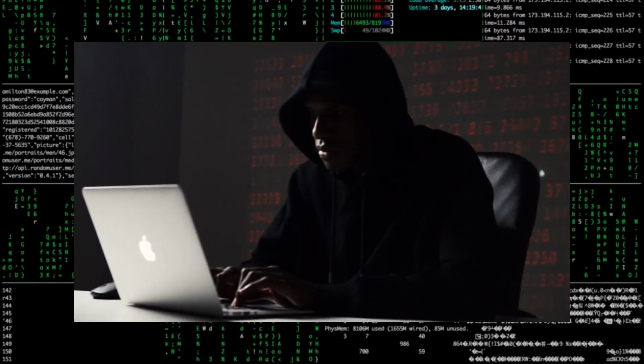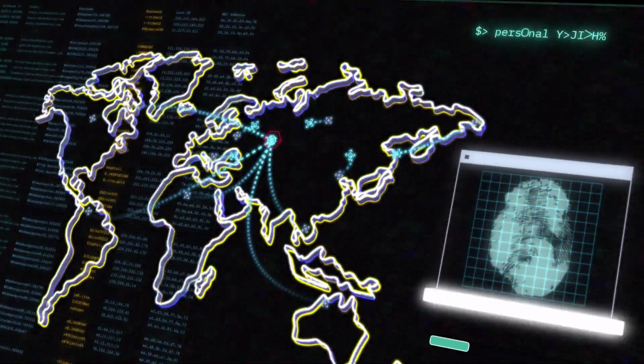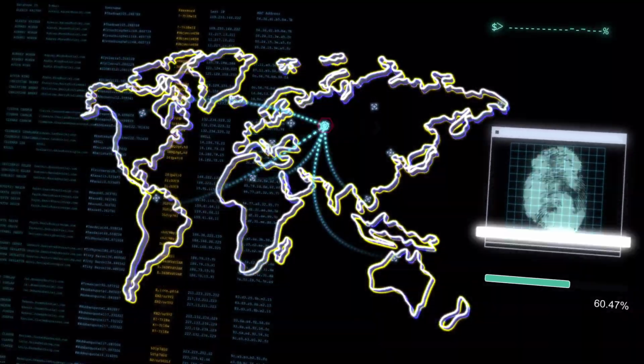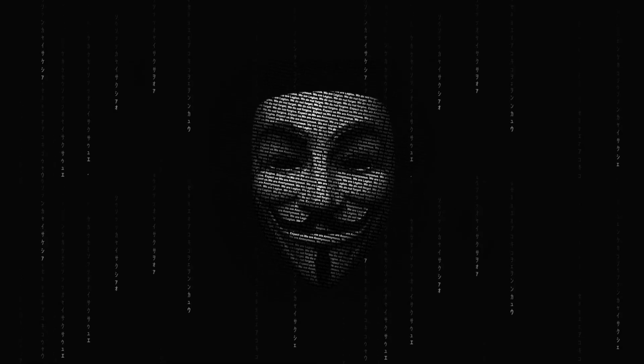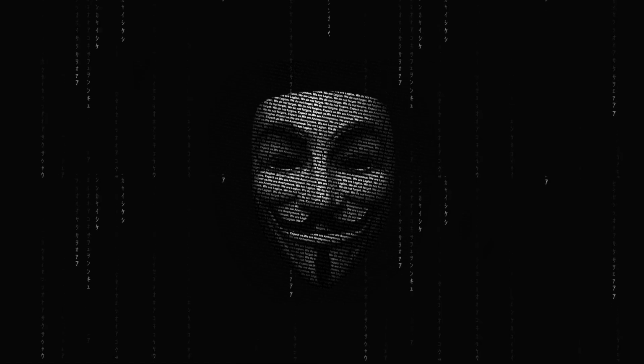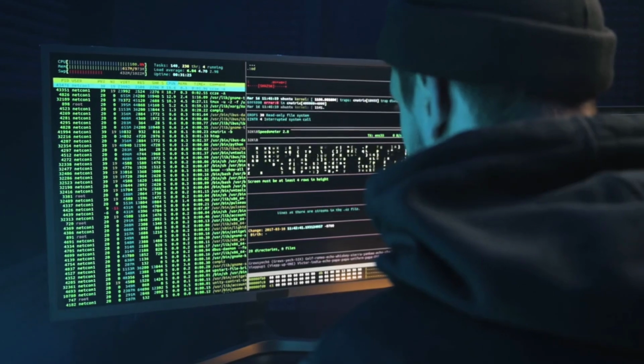In this video, we are going to be learning how to host a hidden service on the dark web. This video will be a complete step-by-step tutorial on how to run your service on the Tor network, which means your service will not be accessible over the clear net. Anyone using a search engine like Google cannot access your service,